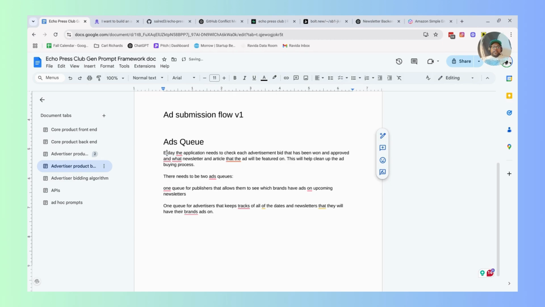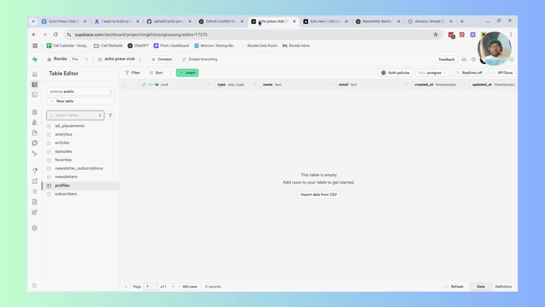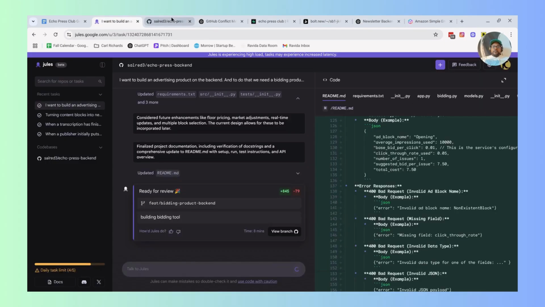Every time an advertisement bid is won, updated on the, what, Supabase just adds. Let's do it this way. Because